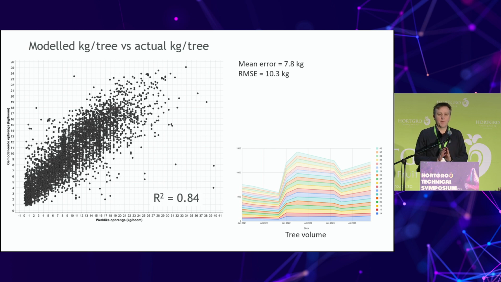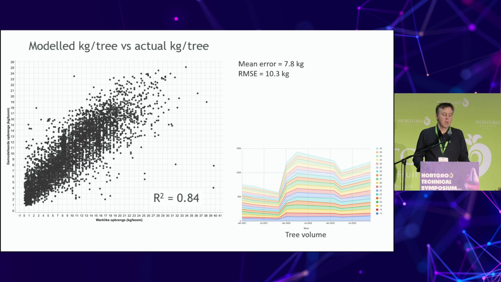So all of this data was fed into a machine learning model, and the graph that you see there is the model prediction of actual yield per tree versus actual yield. So we took a sample, obviously, for building the model, and a separate sample for testing. And this is the test sample. And you can see that the R-square there is 0.84, which is pretty good, and a mean error of 7.8